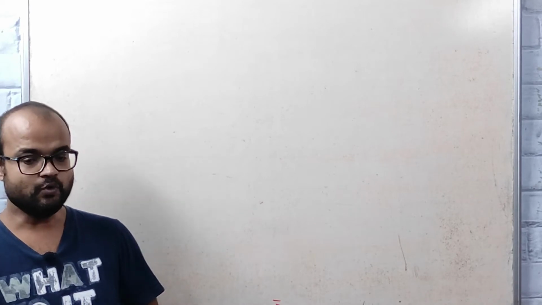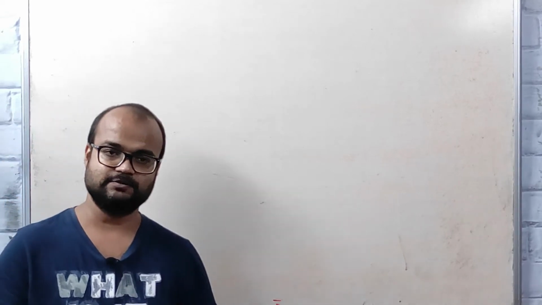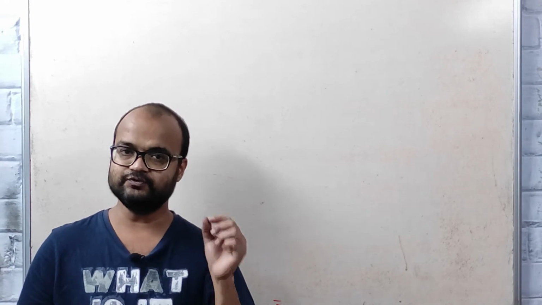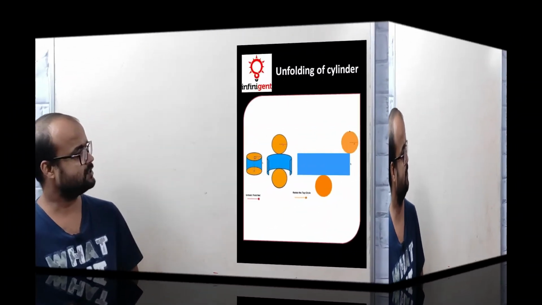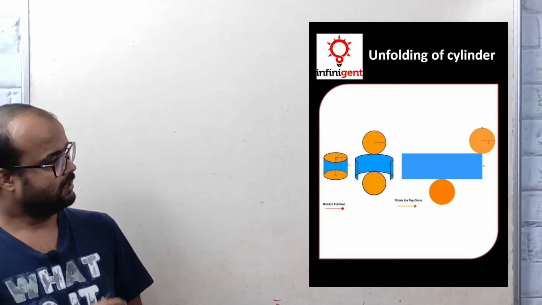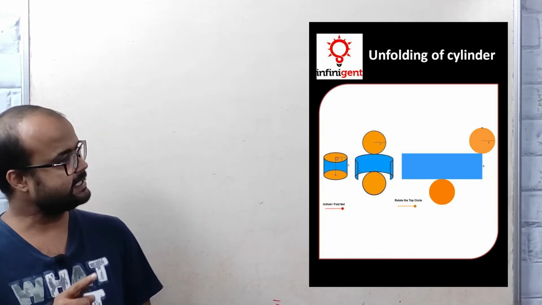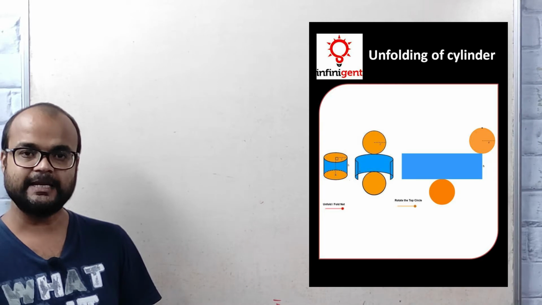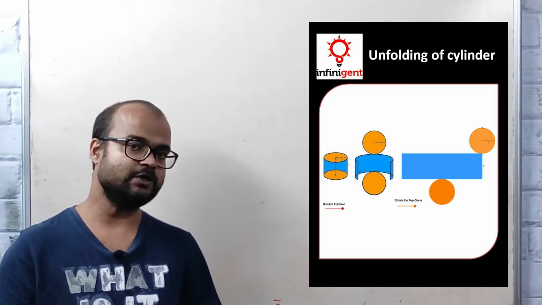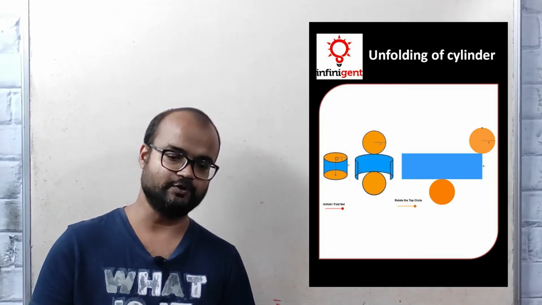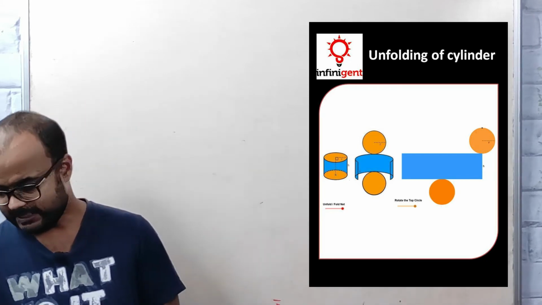Now if you unfold a cylinder, which you can clearly see in the given picture, we'll get a rectangle and two circles, one for the top and one for the bottom. Now